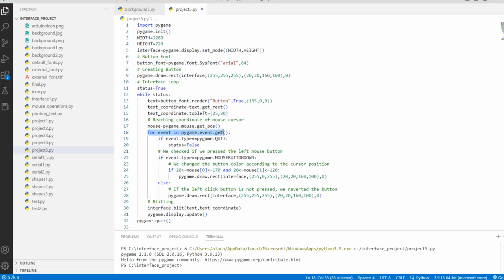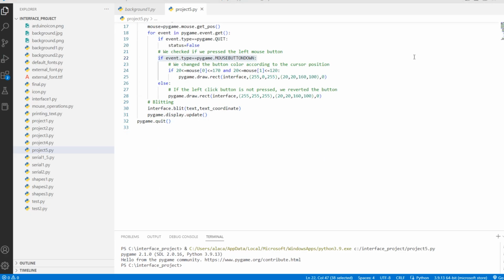So here, we also provided a control process according to the types in our event in order to check whether the left mouse button is pressed or not. The variable that controls this situation is the pygame.MOUSEBUTTONDOWN variable. So here, its text checks whether the left click button is pressed or not.